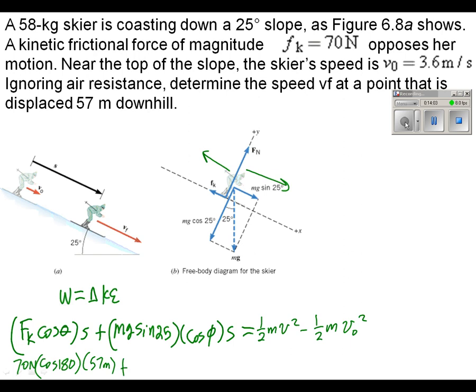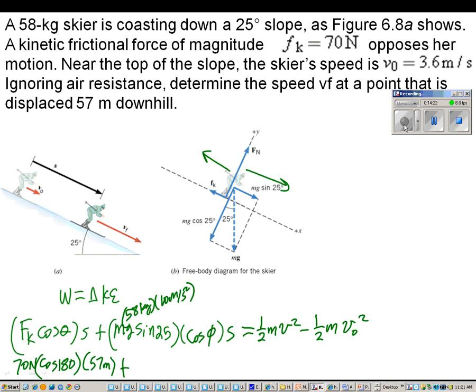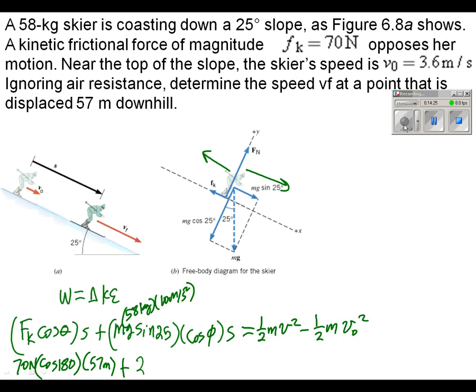mg times the sine of 25. Well, 58 kilograms is the mass. Gravity is 10 meters per second squared. So that's 580 newtons times the sine of 25, which gives us a value of 245 newtons. Not 248, 245 newtons. Times the cosine, in this case, of 0 degrees, which is 1, times our displacement S, which is 57 meters,